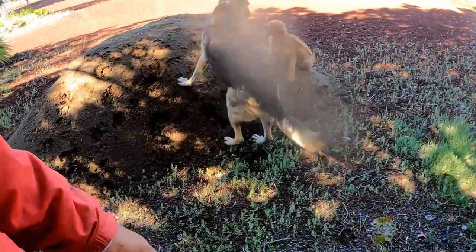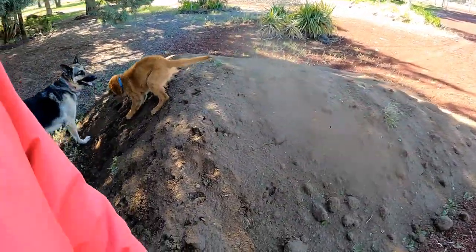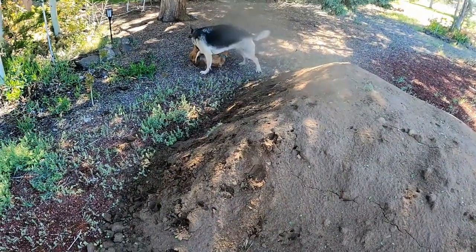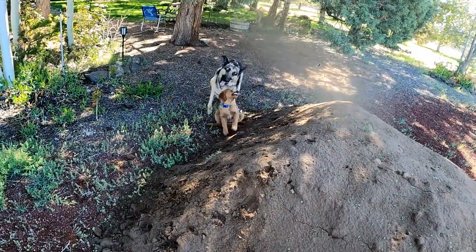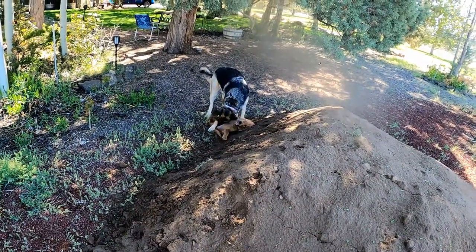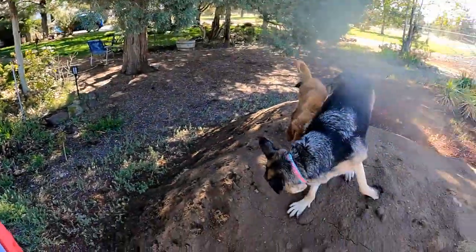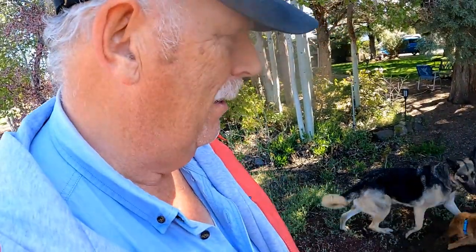So now I get an even dirtier puppy. Guys, stop. Come on. Come on. Crazy puppies. Hey. So you can just imagine just how filthy this little puppy gets every day. And luckily she's still sleeping in a crate. But I'm sure when she gets older and she starts snuggling, we're going to hope they can stay a little bit cleaner. But until then,